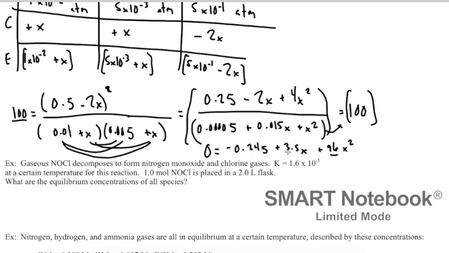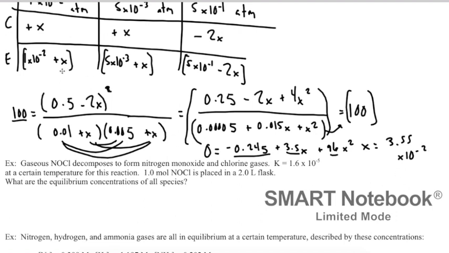So there's your A, there's your B, there's your C, and you can plug those into the quadratic formula. When you do that, you should get that x is equal to 3.55 times 10 to the negative second